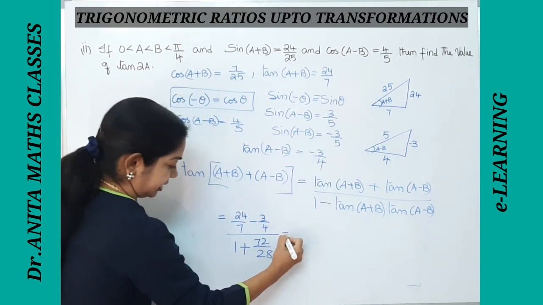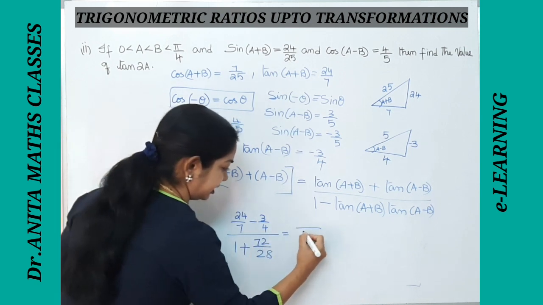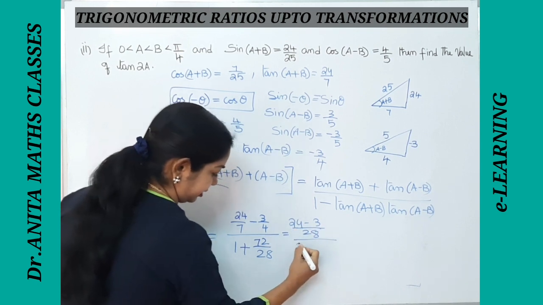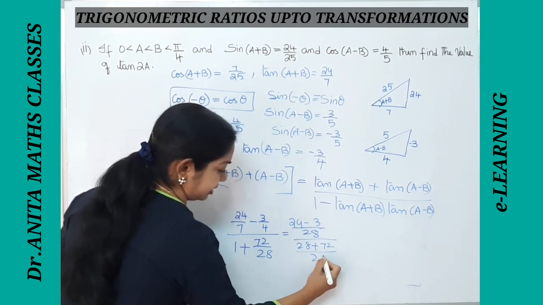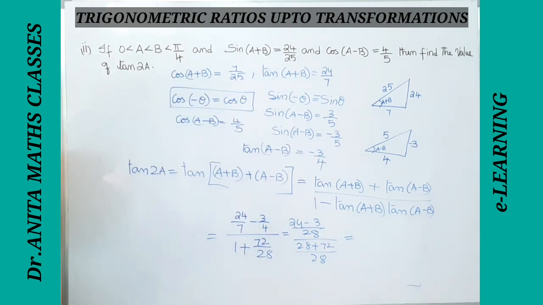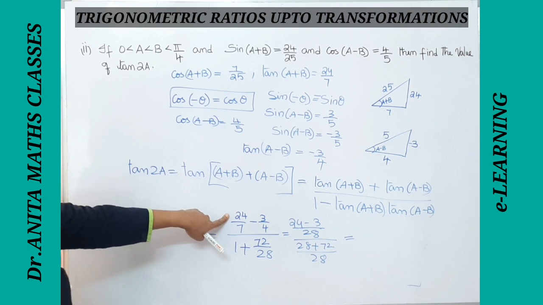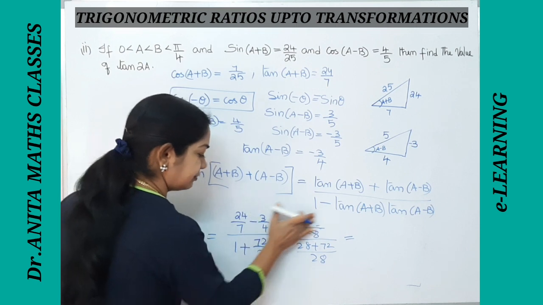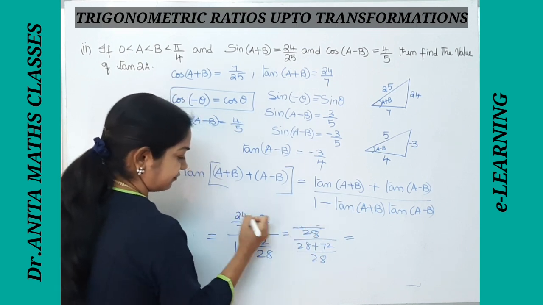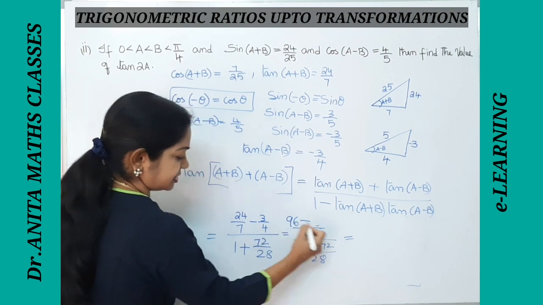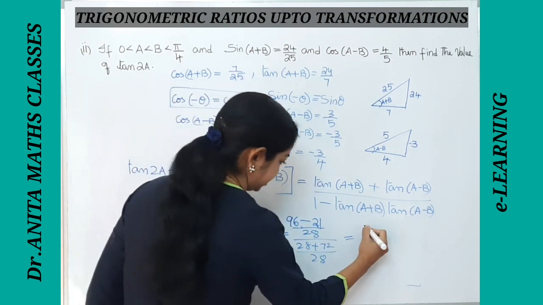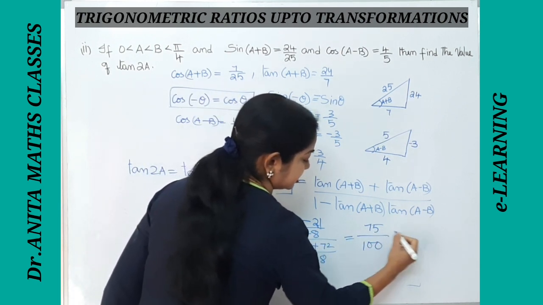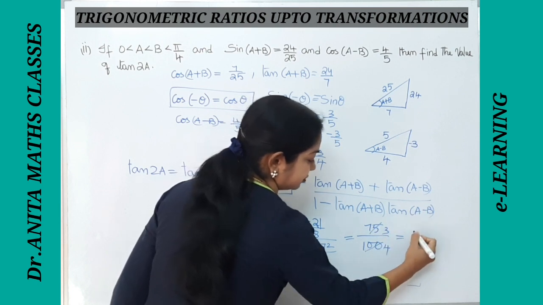Okay, now we will write the LCM part. If you take 28 here, 24 minus 3 divided by 28, plus 72 divided by 28. So we get 21 here. Tan(A plus B) is 24 by 7, isn't it? So in the LCM part, 7 fours. So 4 we have to multiply, that comes to 96 minus 4 sevens, which comes to 21. So this is 75 upon 28, 28 gets cancelled, 75 upon 100. So this is thrice 4 times 24, thrice 25 4.